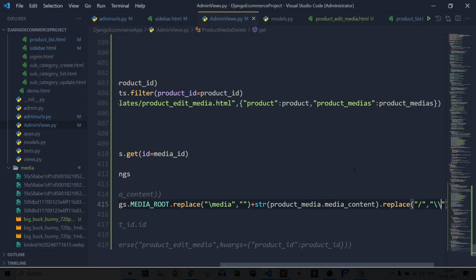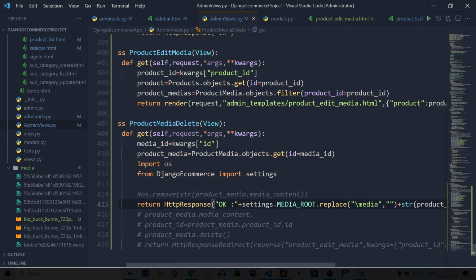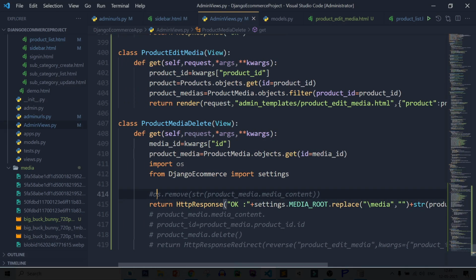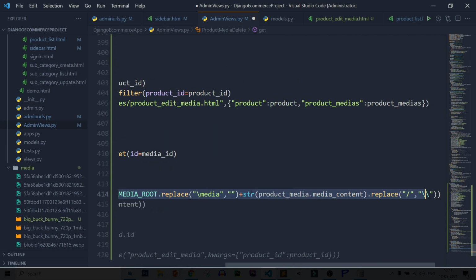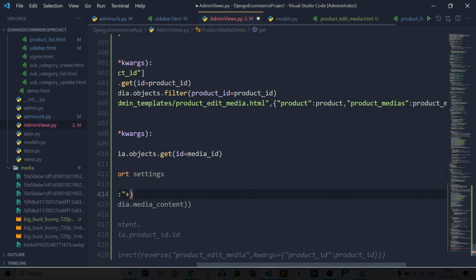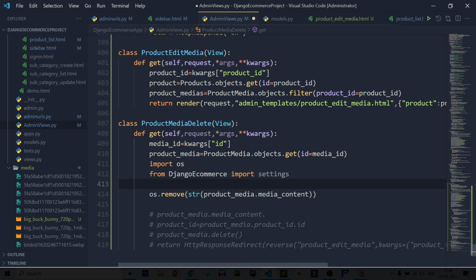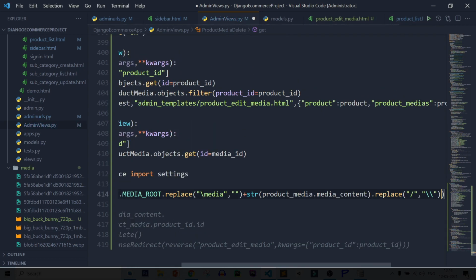So let's check delete method is working or not. So cut it, paste it, and copy the code, remove it, paste it.